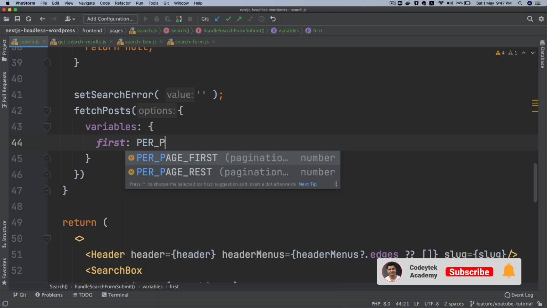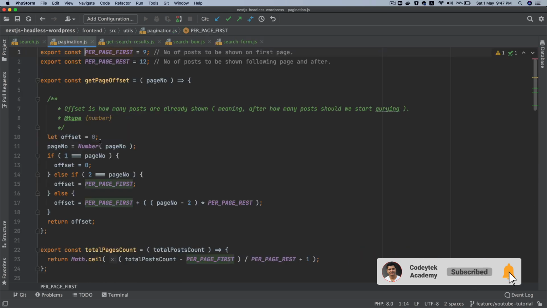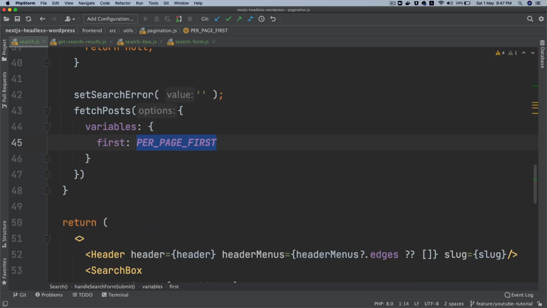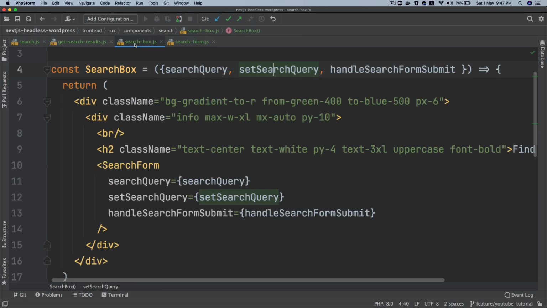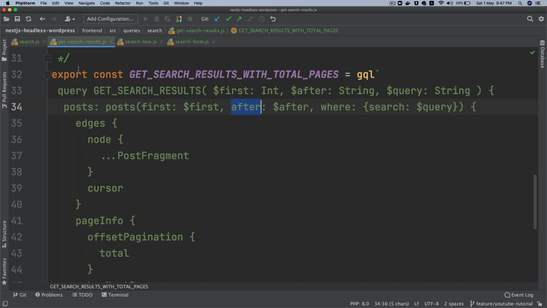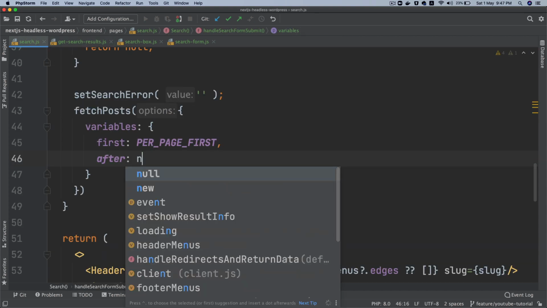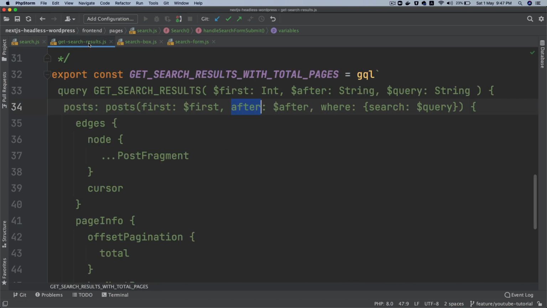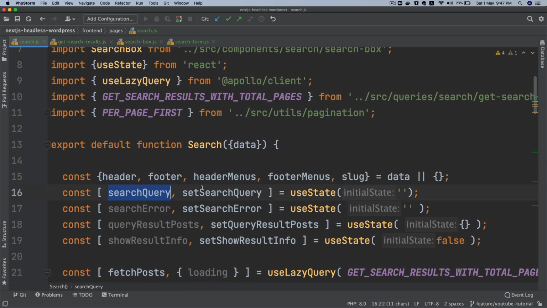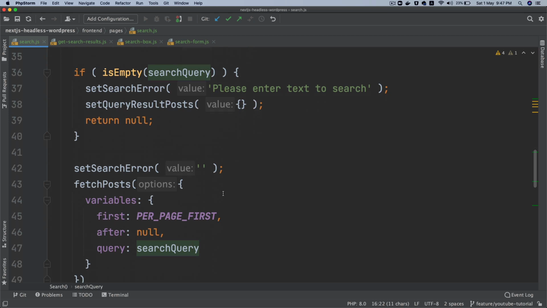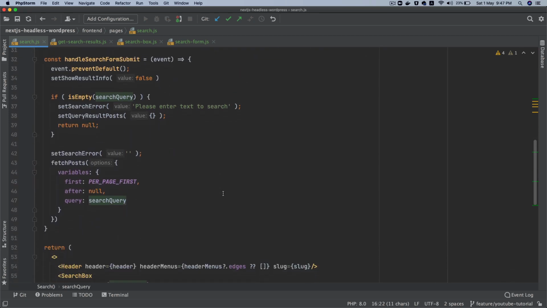Remember, we created a constant so that we can manage that throughout the site. So we already have that set to 9. So I'm going to use that. And then after, because the next parameter it asks for is after. So after will be null initially. And then it's also going to ask you for the query, right? Which is this one. So let's do query. And then I'm going to pass search query over here. Which is what we have here, which is being changed when the user types something, right? Okay, so we've got this handle form submit